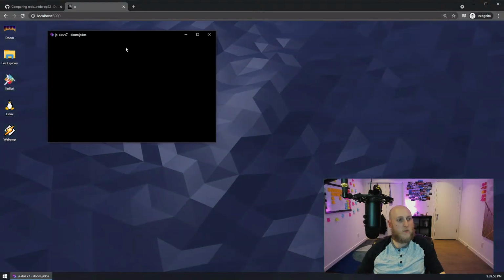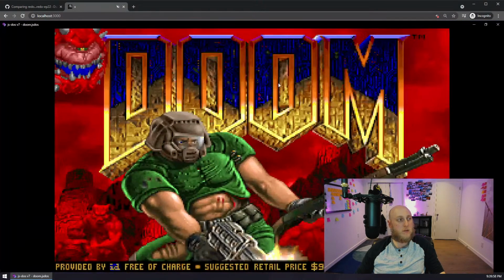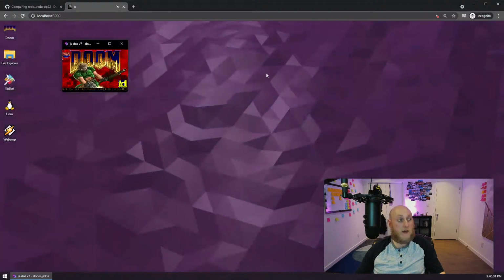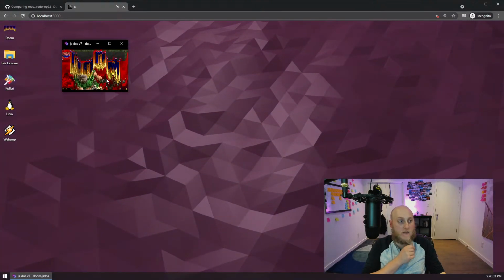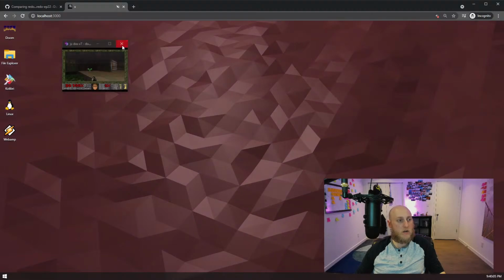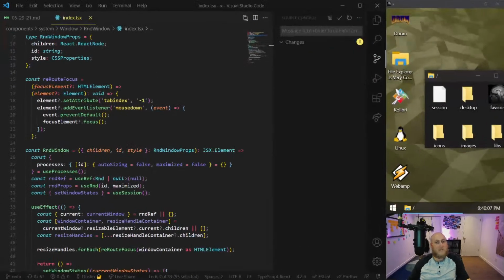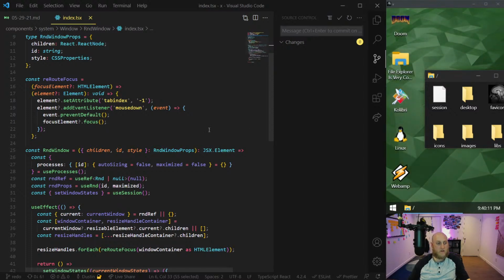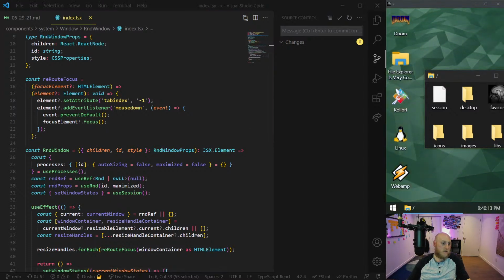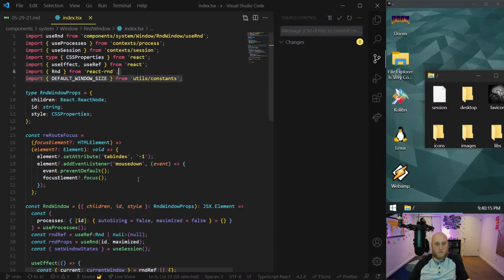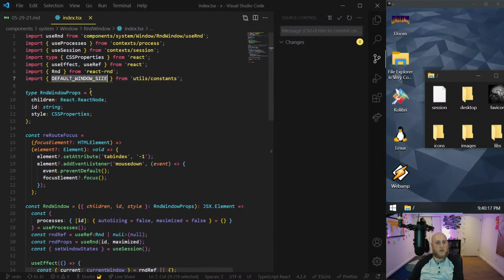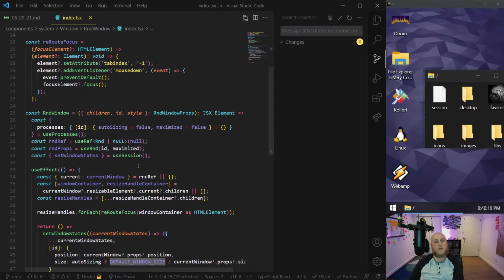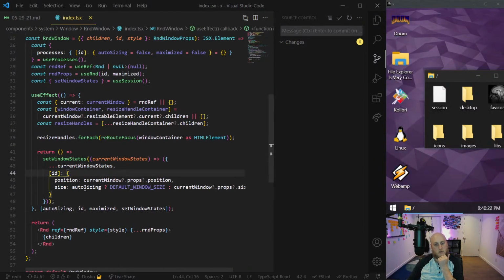So when I open Doom and then I maximize it, that works great. But then when I minimize it, that is not great. And I think it turned out to be that it was doing a re-rendering and it was redoing, if auto size is true, go back to the default size, ignoring the fact that it's been auto resized. And I think that was just how fixing this. So we're not gonna have a default size here. Yeah, this is where auto resizing is controlled.